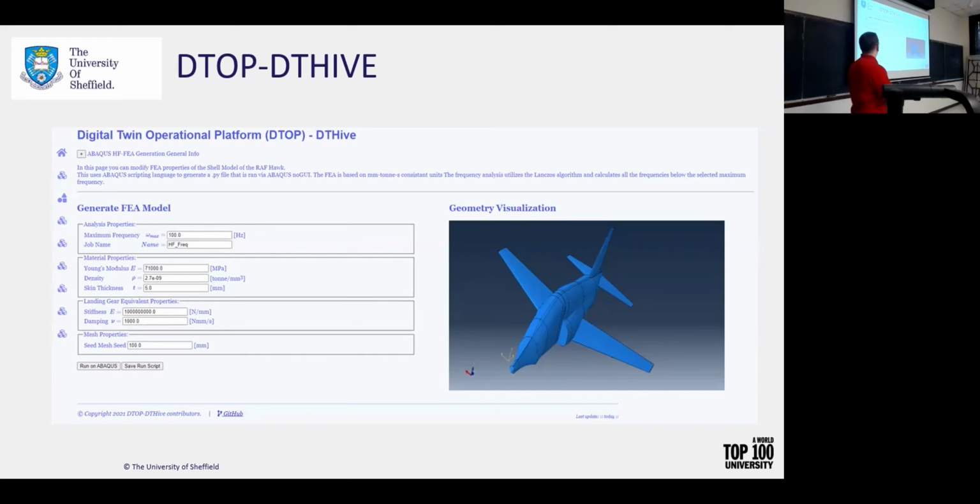And then you can either run it directly on Abaqus, which calls Abaqus and does the analysis, or you can save the Python script for later. If you want to change a couple of things, whether that's a different analysis or things like that, you can save that to a local file and do whatever manipulations you need to do.